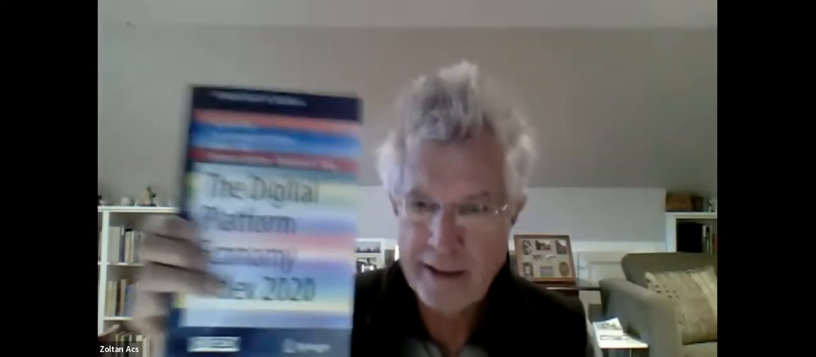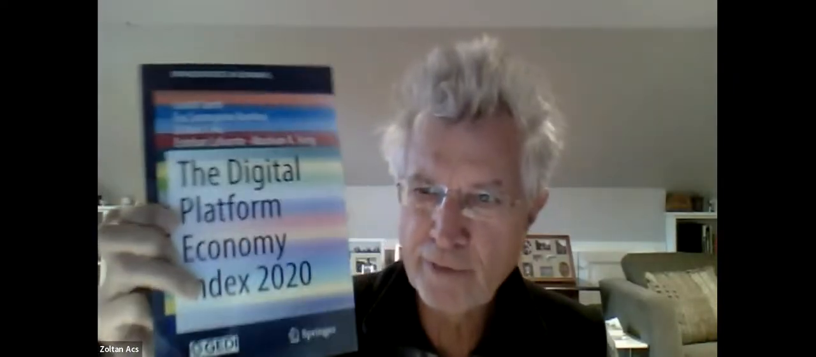So it's right here, the Digital Platform Economy Index, published by Springer. And this has all the data, how it's put together, and so on. So that's all background. So this paper, which I guess just came out, then raises this question. We have this data,